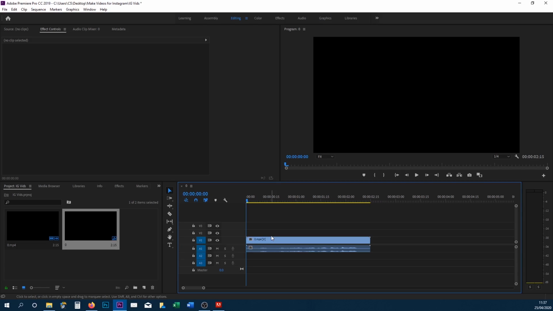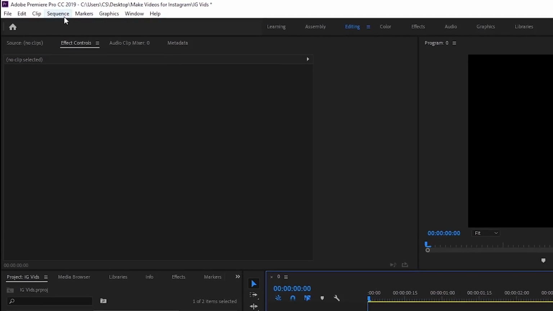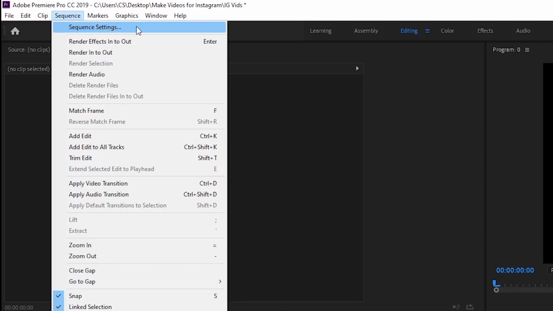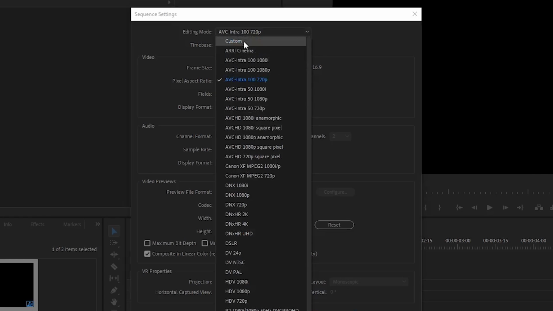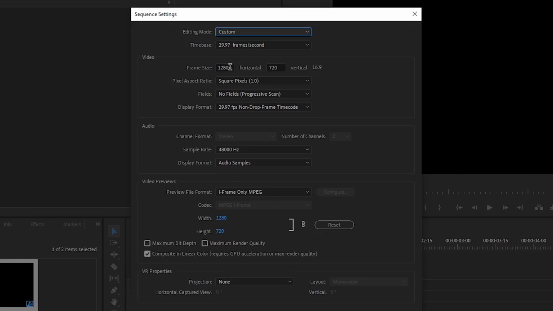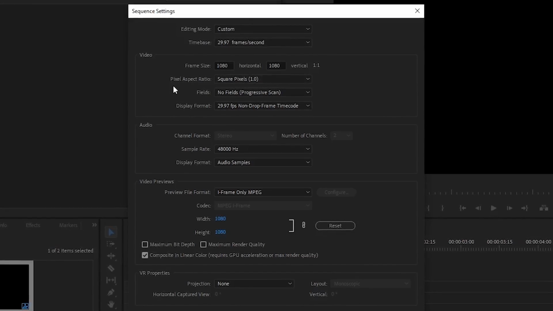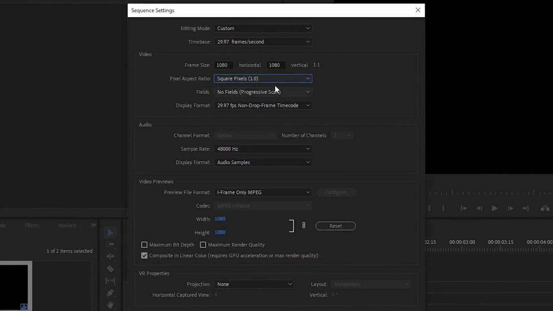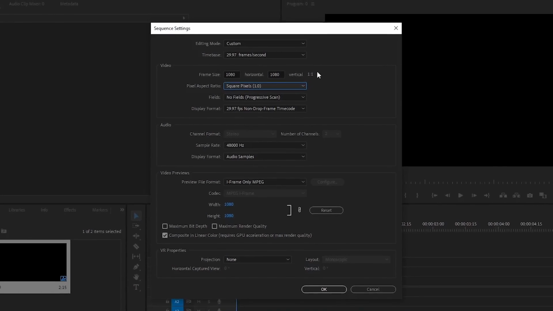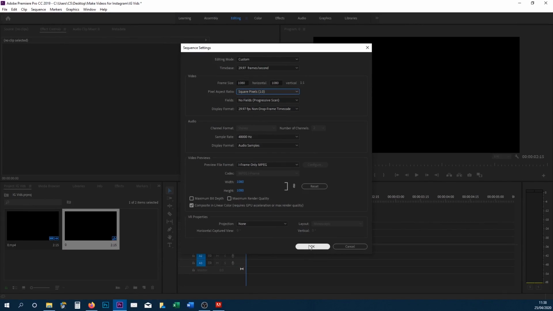rectangle. The first thing you need to do is head over to the top left where it says sequence. From here where it says sequence settings, you want to change where it says editing mode, select it, scroll to the top and select custom. Now where it says frame size, you want to change this to 1080 by 1080, so it'll look like this. Now just be careful here where it says pixel aspect ratio, make sure it is set to square pixels 1.0 and it will give you a ratio of 1:1. From there you can select OK,